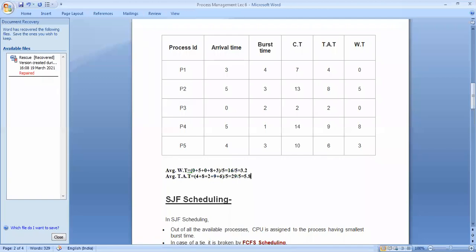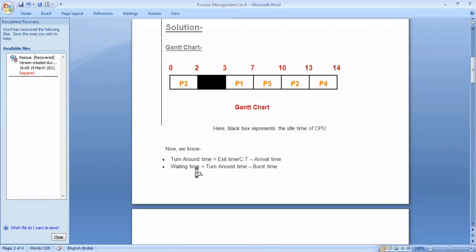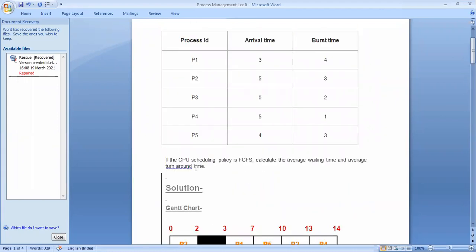Okay. So now I think it is clear to everyone, first come first serve. Or does anyone have any doubt? So, please explain the chart once again. Okay. First come first serve depends on arrival time, because how will the CPU decide which process will come first? Which process came first, how will the CPU know? It depends on arrival time.